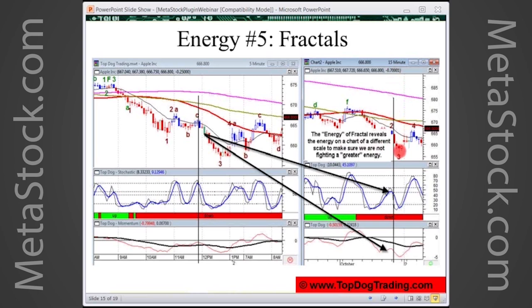So the bottom line is this. I won't take a trade unless the energy of momentum on the longer time frame is angling in the direction of my trade. In this case, I'm looking to go short, so I go down here to my momentum indicator, and it must be angling down at the time I take the trade, as I'm entering. And you can also look at your cycle indicator. If that's going down, then that's great too. Momentum is the main thing, though.